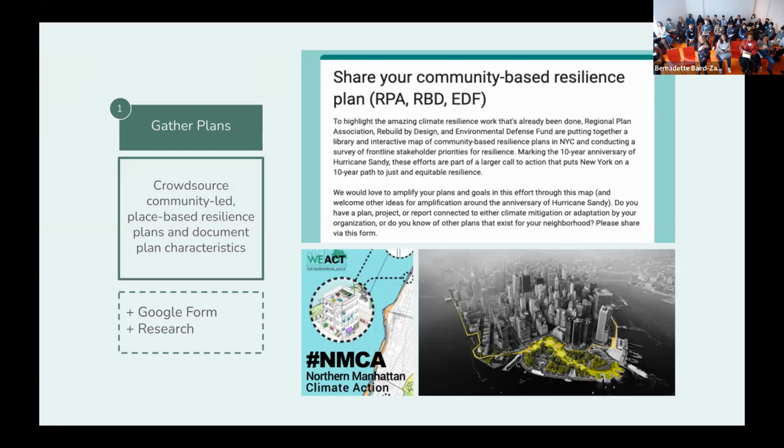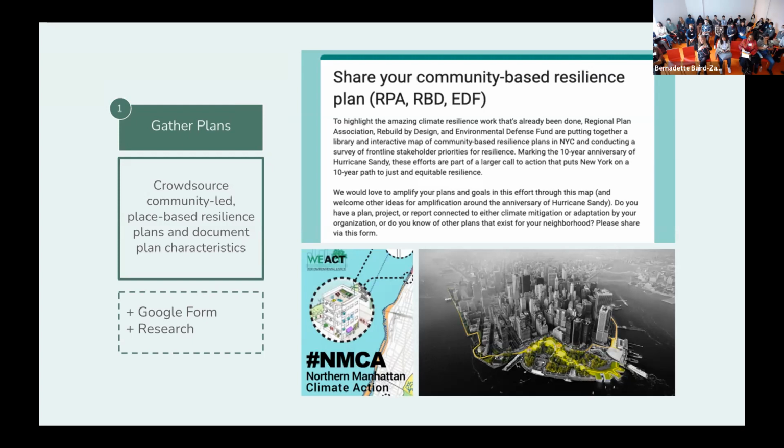So a couple of reflections already from this first stage of work. We got a bunch of different plans. On the one hand, we had some really granular neighborhood scale ones, like the one I have up here, the Northern Manhattan Climate Action Plan from REACT, an organization that's doing really great work on health equity as well. And at the same time, we had really large projects too, like the Big U proposal. If people are not familiar with the context, the Big U proposal won Rebuild by Design's competition for a coastal resiliency project in Lower Manhattan. And this proposal actually became adopted by city agencies who are doing their own climate resilience plans and programs in this area as well.